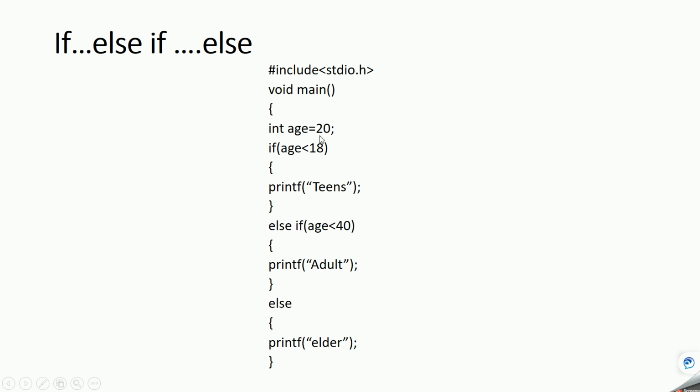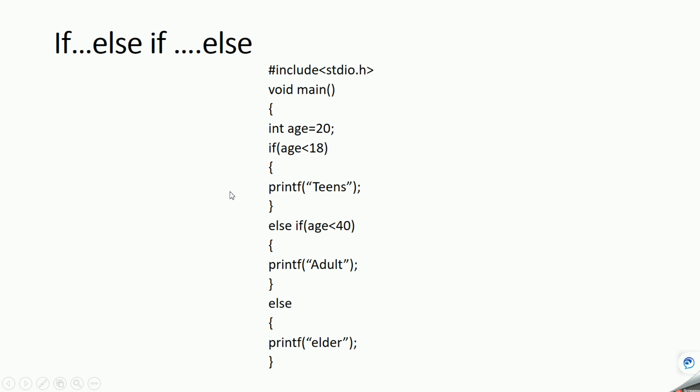Yes, 20 is less than 40. So in this case, it will print adult as the output. Suppose the age value was 45. In that case this is also false, this is also false, and finally it will print elder.